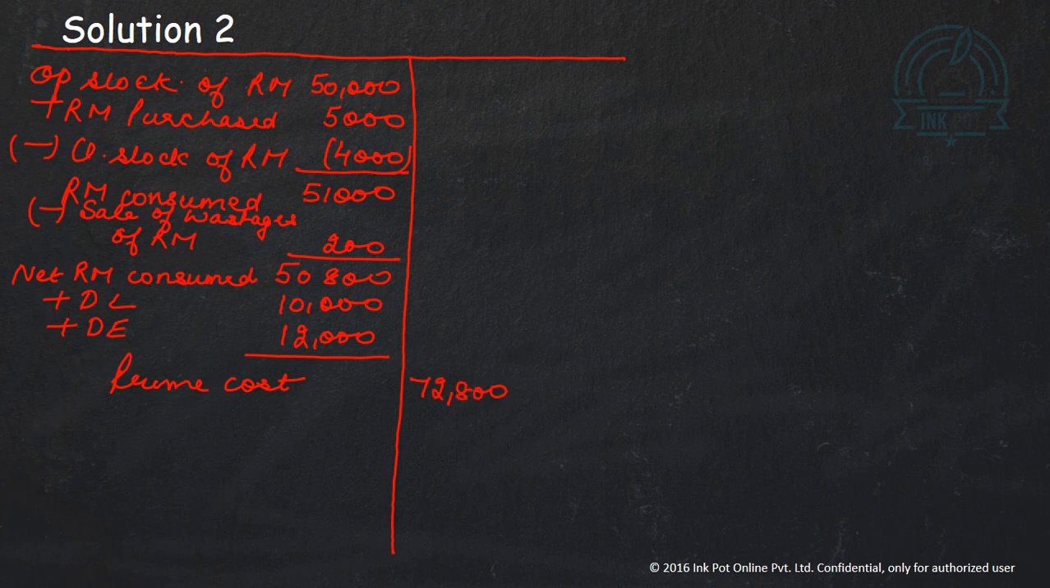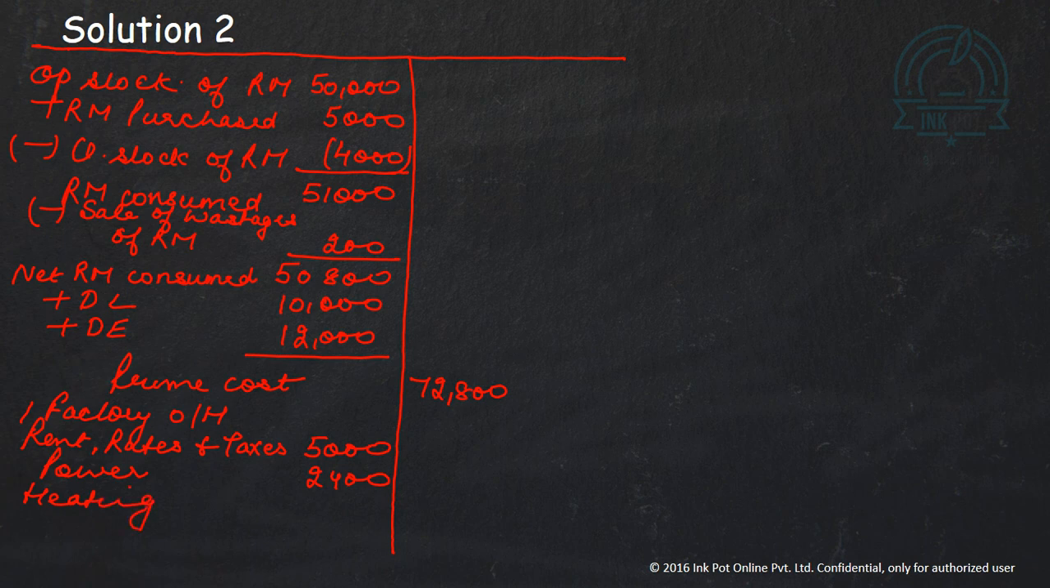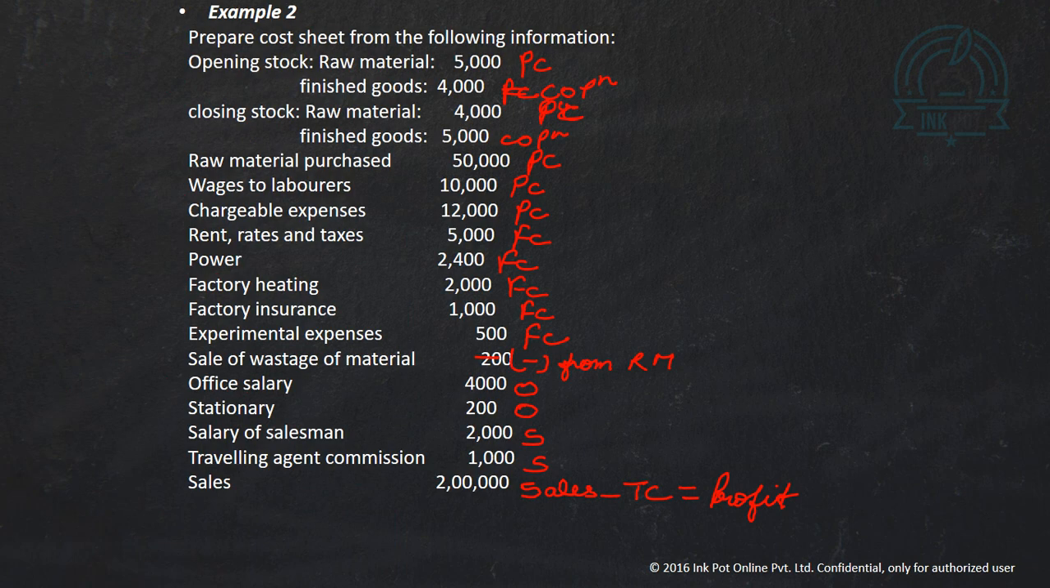Now once we have calculated the prime cost, we will add factory overheads to this. So factory overheads are like rent, rates and taxes. The amount is 5,000. Then we had power 2,400. We had heating expense 2,000. You can even check this. See, we have already marked. This is like, see, rent 5,000, power 2,400, factory heating 2,000. Now factory insurance and experimental expenses we are going to add,